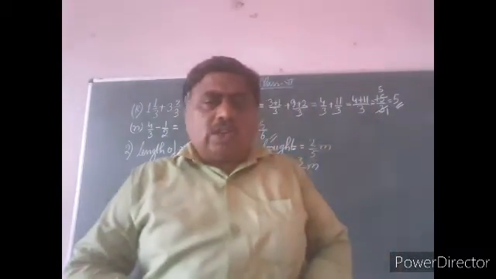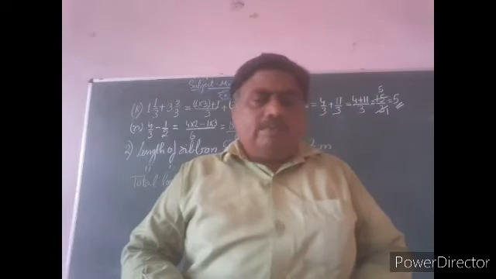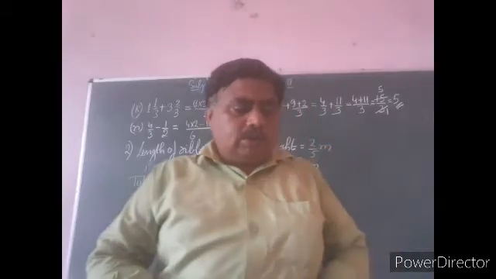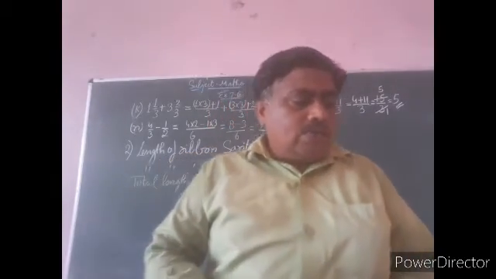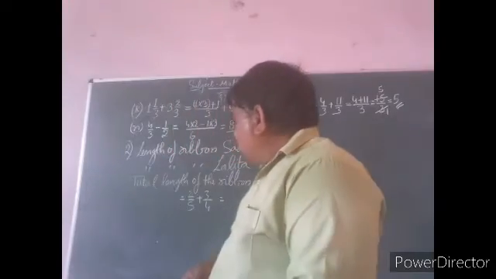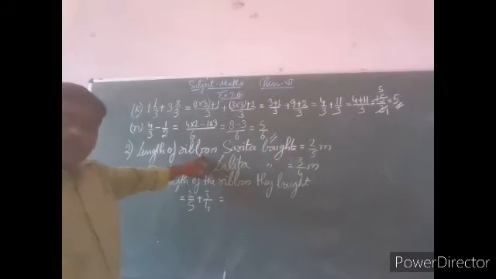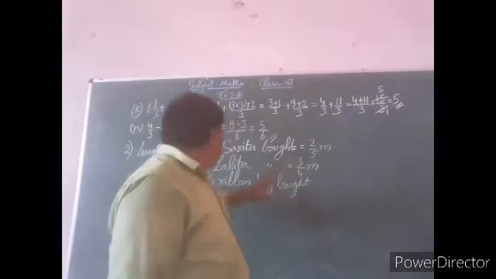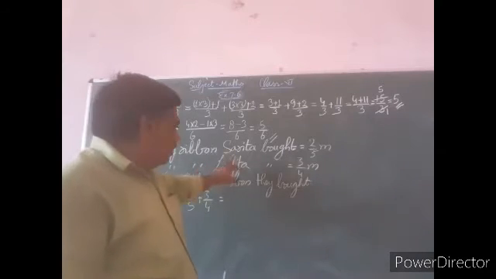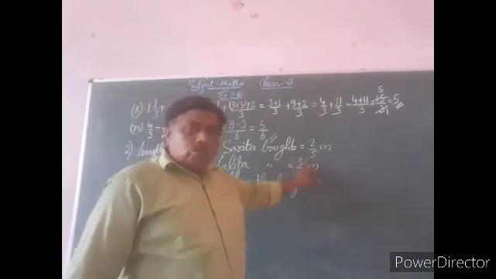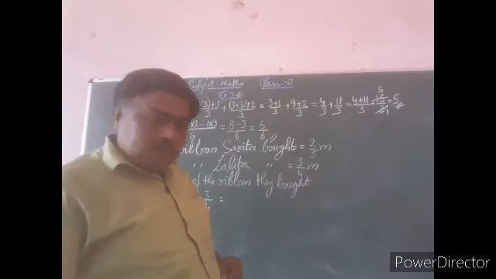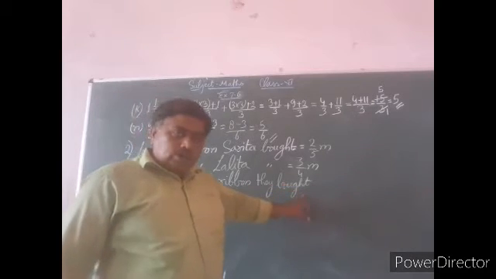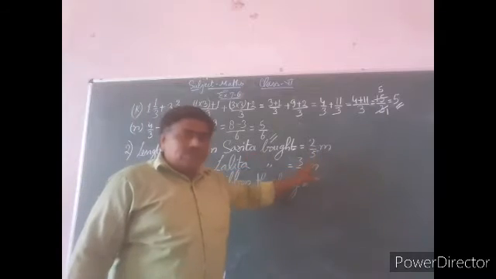So Sarita bought 2/5 meters of ribbon and Lalita 3/4 meters of ribbon. What is the total length of the ribbon they bought? The length of ribbon Sarita bought is equal to 2/5 meters. The length of ribbon Lalita bought is equal to 3/4 meters. The total length of the ribbon they bought is equal to, add these fractions,